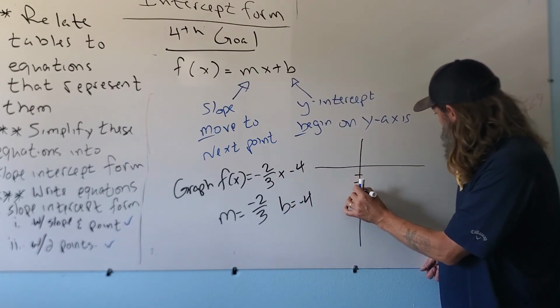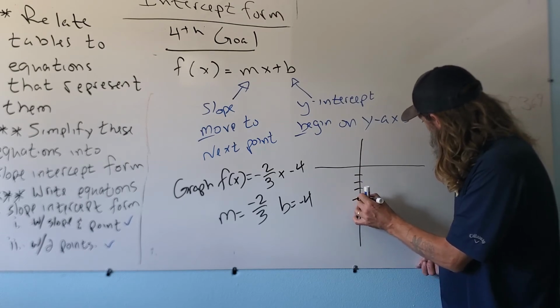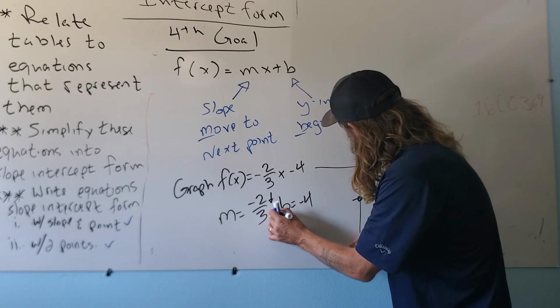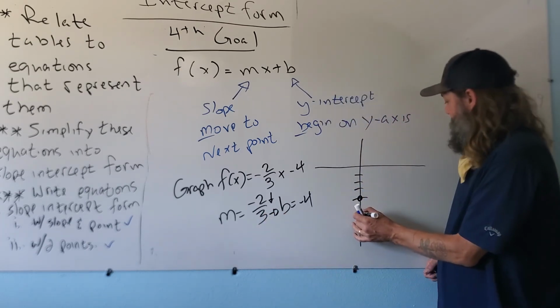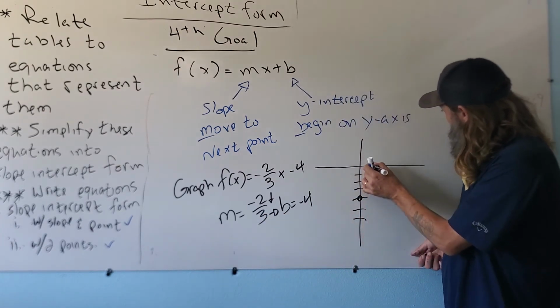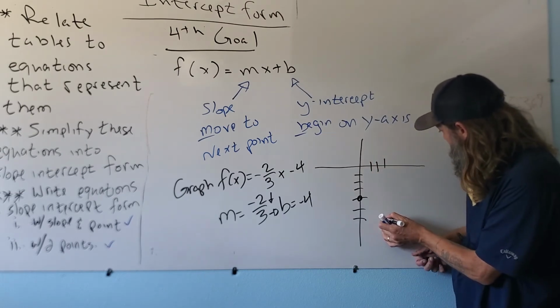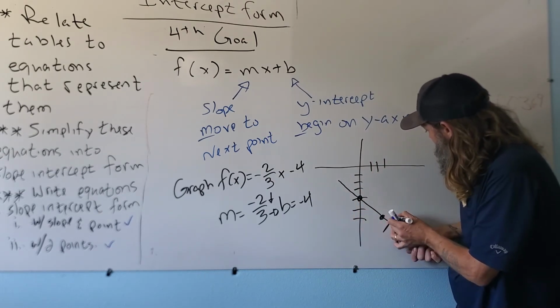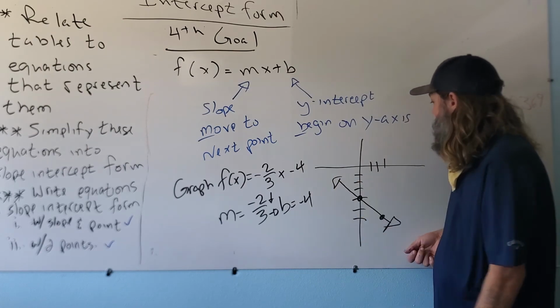So the 1, 2, 3, 4. This is where I begin. I'm going to move down 2 because it's negative, and I'm going to move right 3 because it's positive. So I'm going to go down 2, and then I'm going to go right 3. So this is my next point, and I connect the dots,